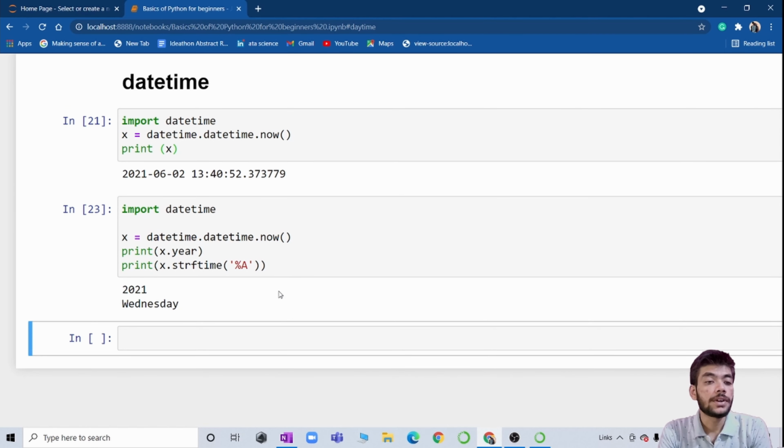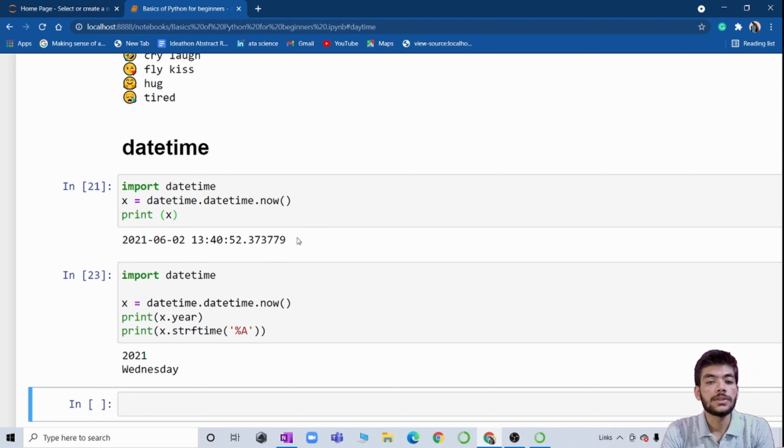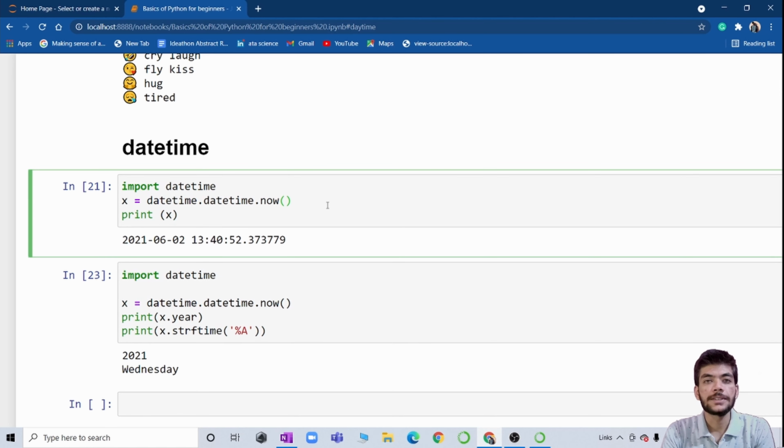So this is 2021 and Wed, Wednesday. So for printing the day and year, we use this command. For printing the complete time, we use this command. Hope you guys like it.